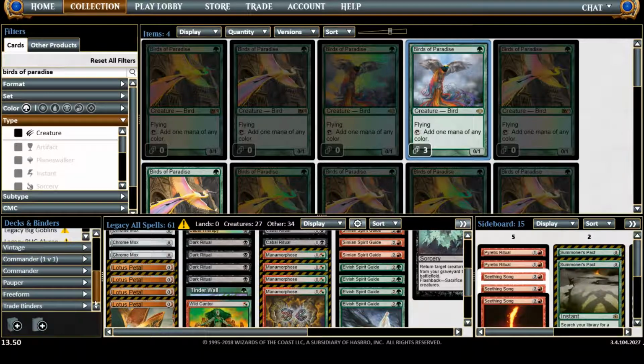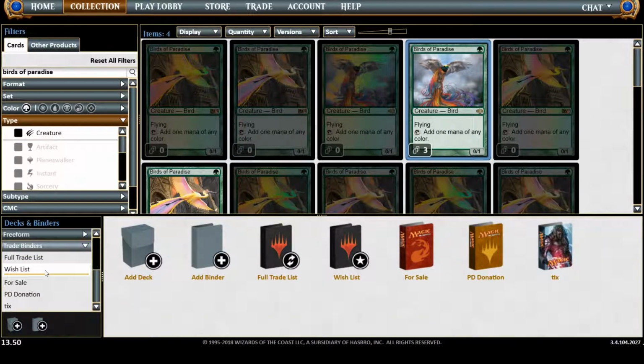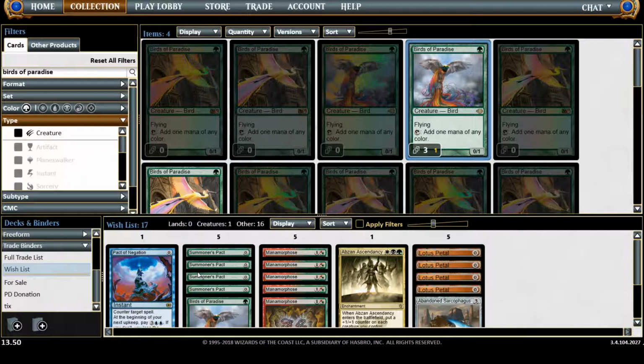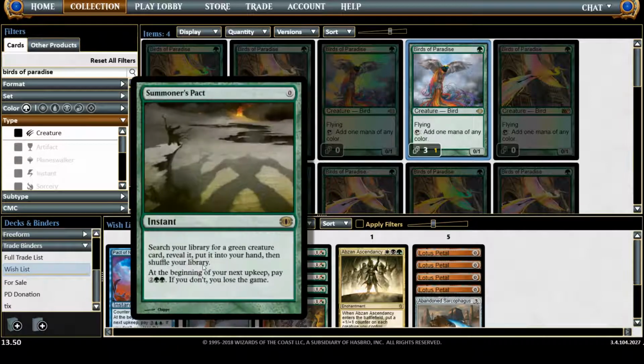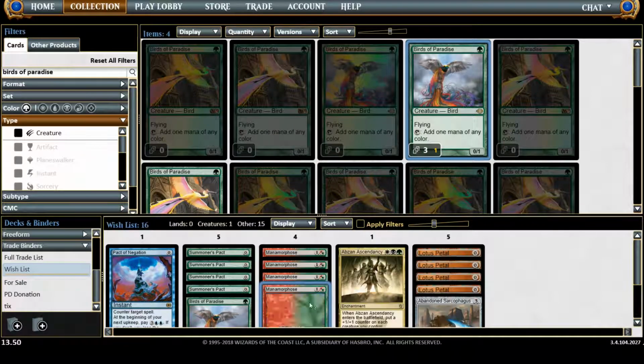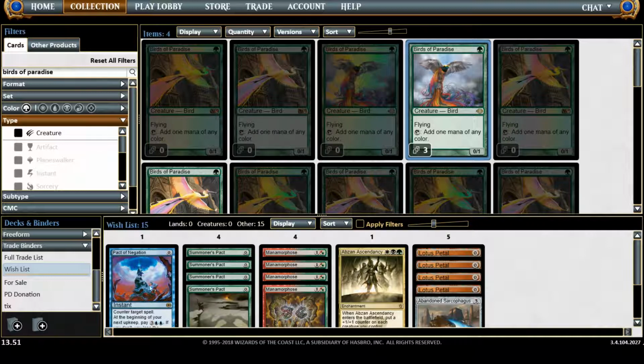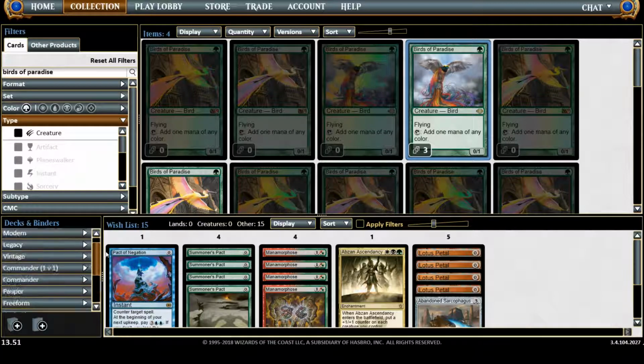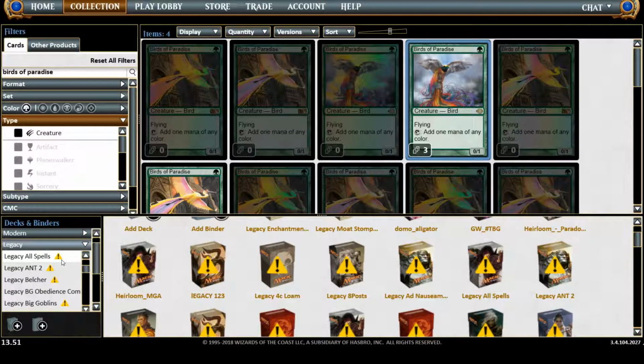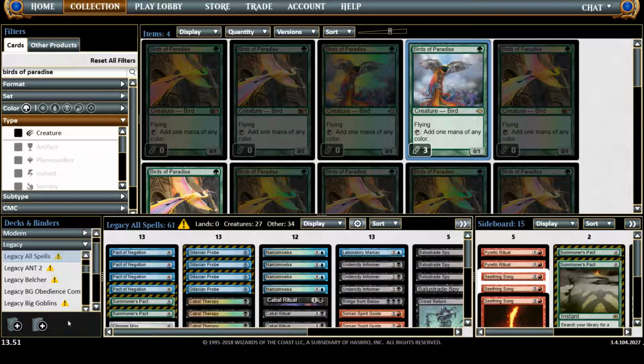Then if you check your wishlist, all the cards from that particular deck, the missing cards will be in your wishlist. Okay, so I'm missing, I don't want to buy Birds of Paradise. So these are the cards that are missing from my Legacy All Spells deck. Then let's say I also want to